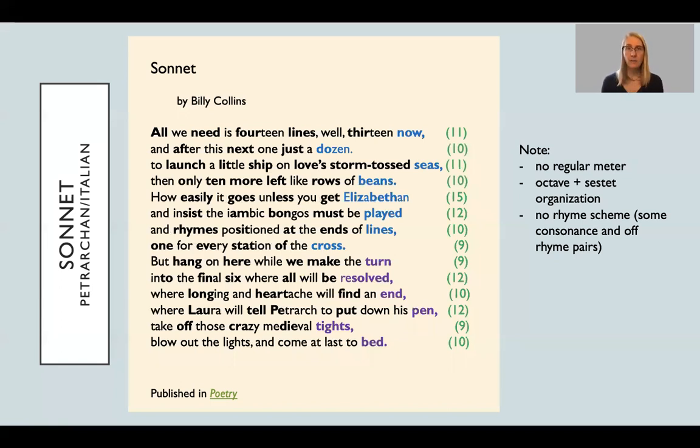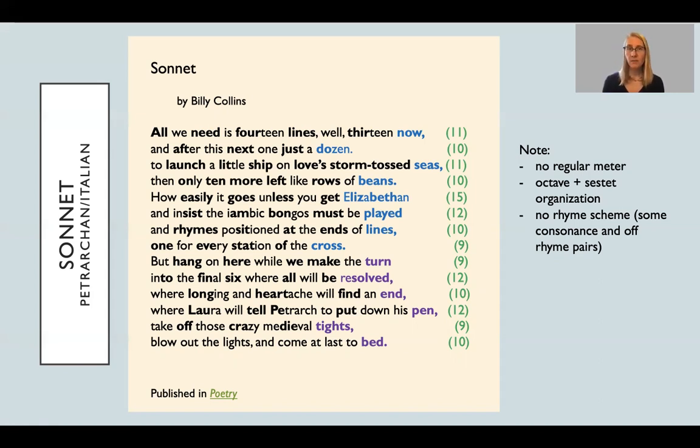So, I did the same type of notation here, but you'll notice that I left off any A's and B's on the end because we don't have a really specific rhyme scheme here. And he actually talks about that and the decision not to have a regular meter. We're not going to hear the specific beats in the poem. He specifically addresses that. So this is a poem that's talking about trying to write a Petrarchan or Italian sonnet. He even references Petrarch in the poem, which I personally find a little funny. You'll notice these numbers at the end.